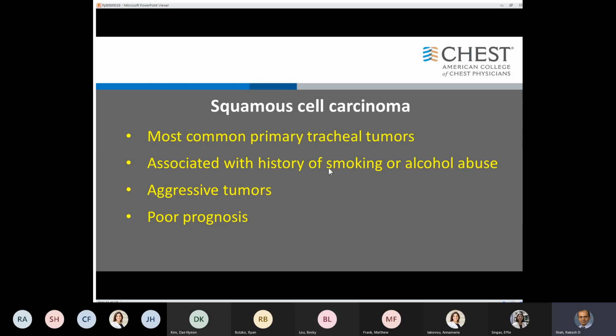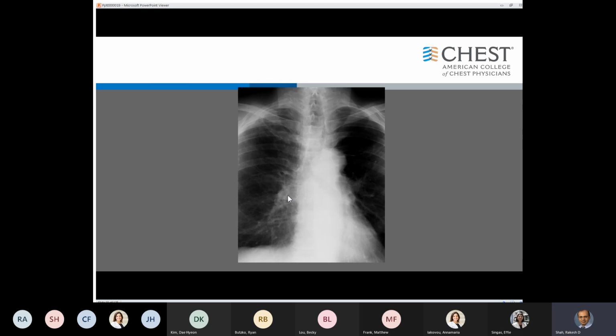They are related to a history of smoking, and they are aggressive, and they do have a poor prognosis. And we don't see them that often, but you will see them every now and then. And those are a couple of examples of squamous cell. As opposed to this patient, and as I mentioned earlier, on X-rays, imaging and evaluation of the airways